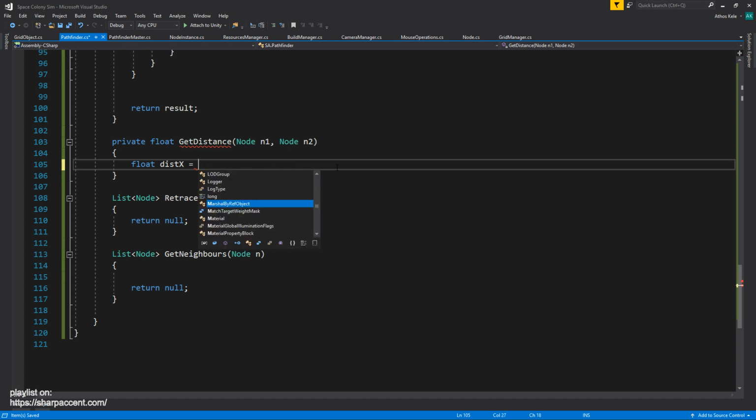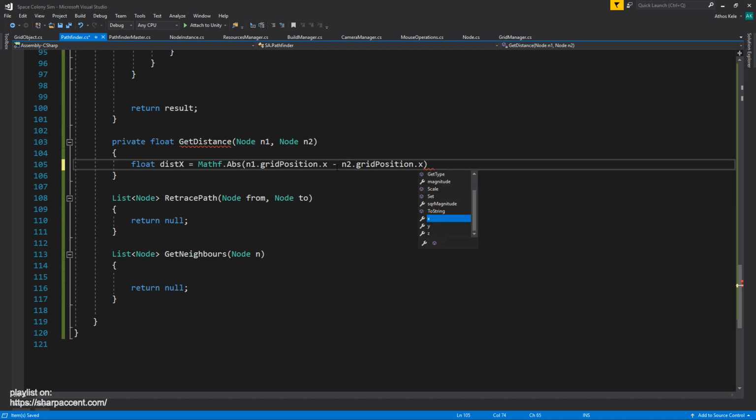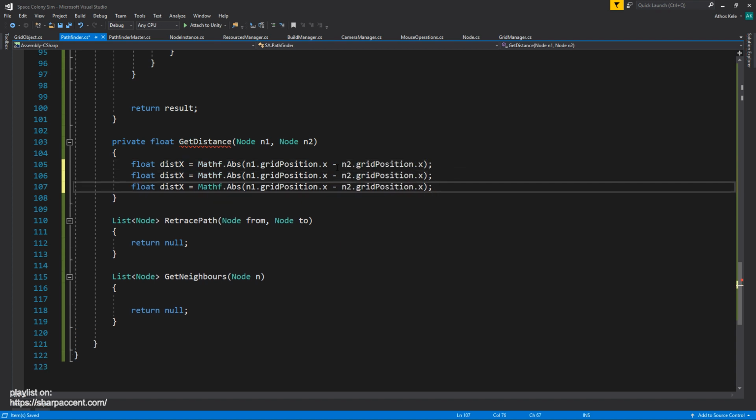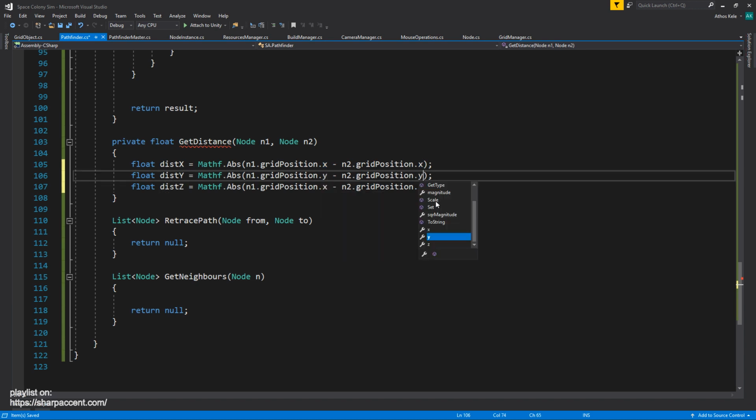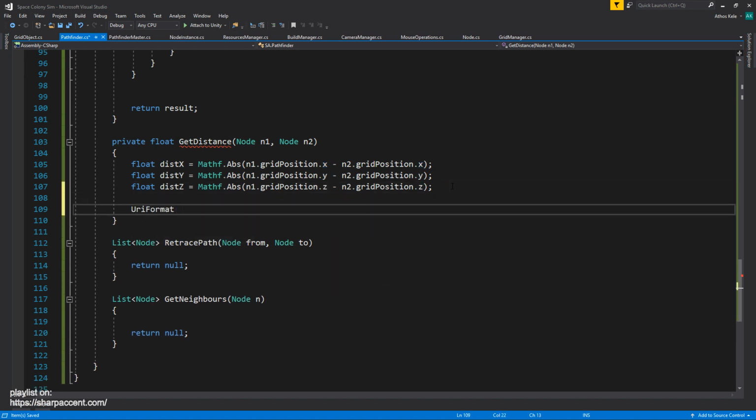So I'm going to say Mathf.Abs of node 1 dot grid position dot x minus node 2 grid position dot x. Okay, let's duplicate this 2 times for y and y, and then z and z. Then if distance x is greater than the distance z,